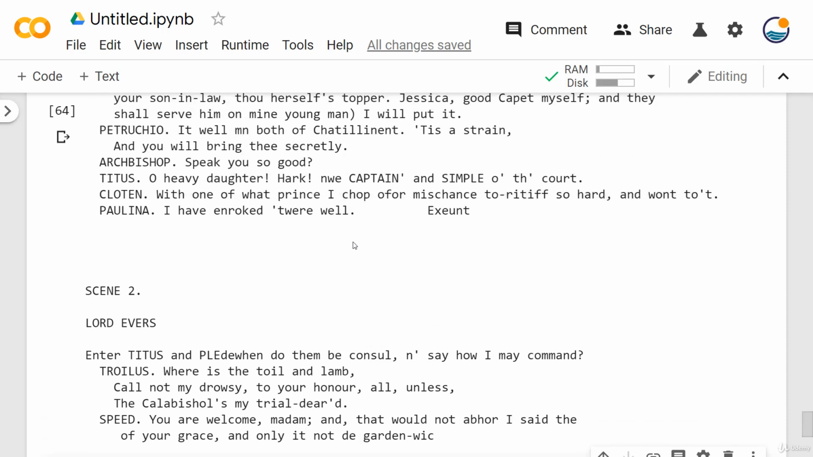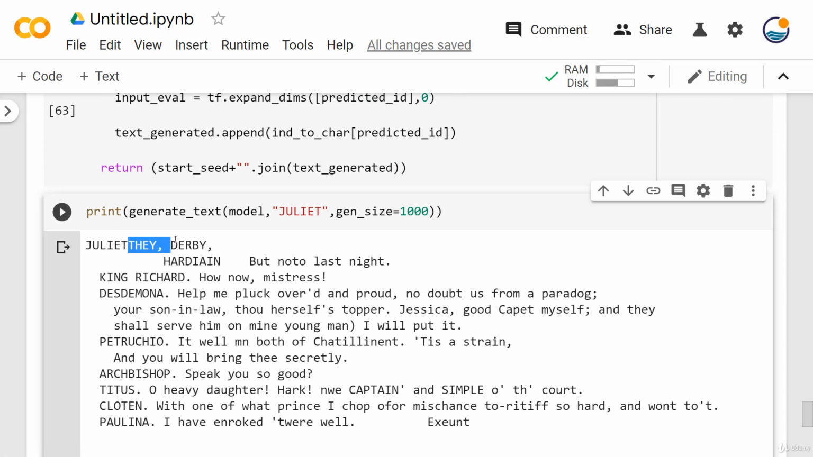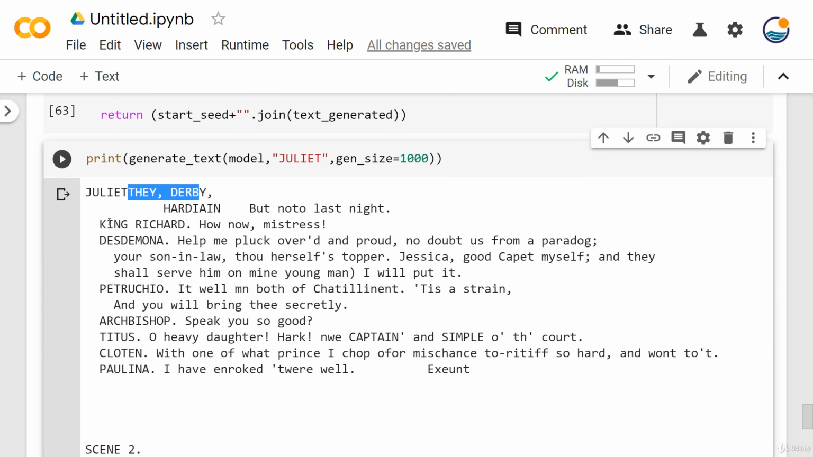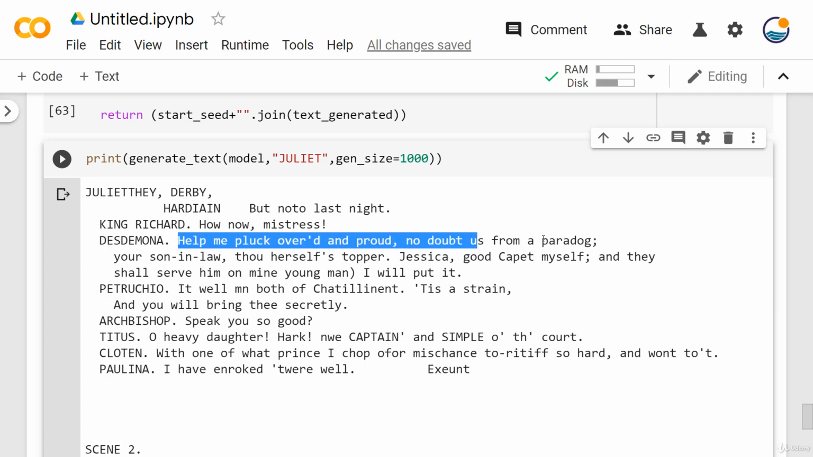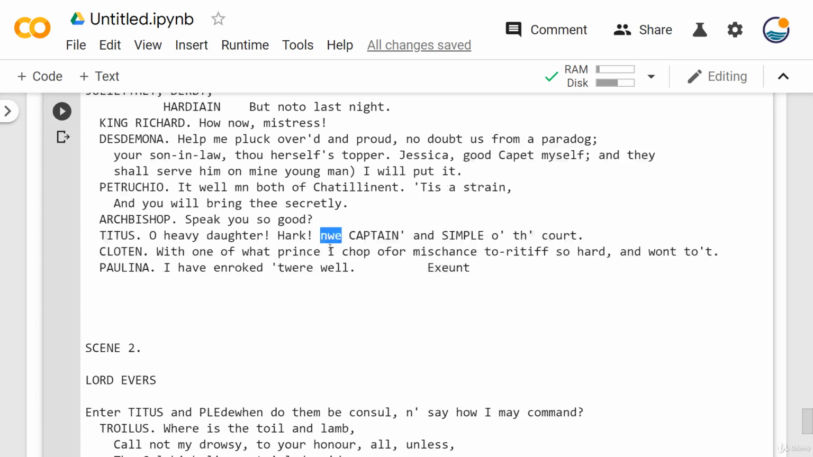Okay, so here is what it came up with. You can see Juliet, and then it accidentally started going in all caps, but again, it's doing this character by character. But you can see King Richard, how now mistress Desdemona, help me pluck over to proud, no doubt us. And you can see some of these are actually just kind of made up words, but other ones actually make a lot of sense. So you notice it's doing a couple of typos here,